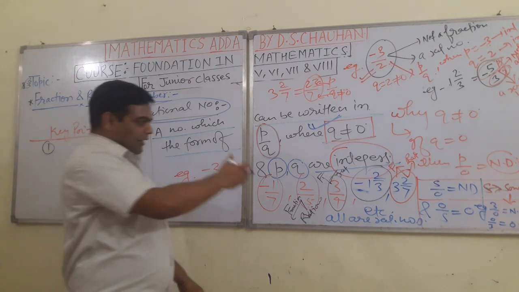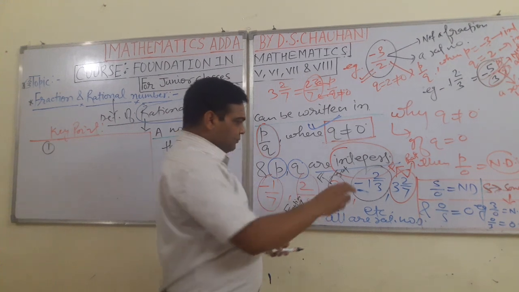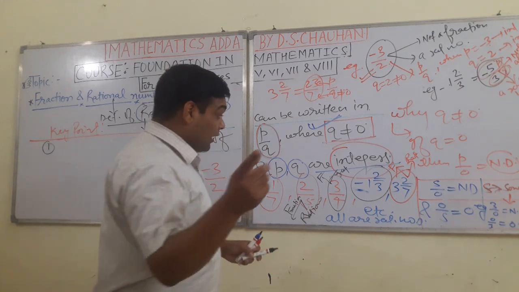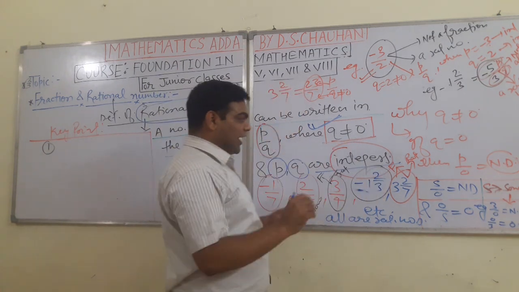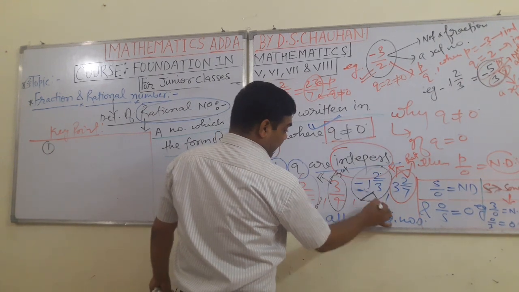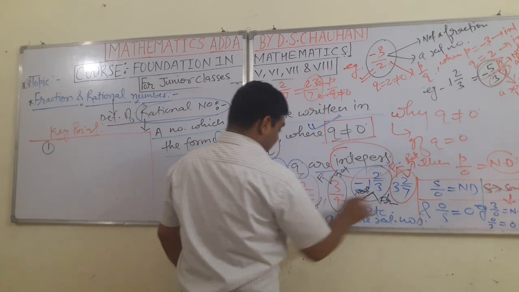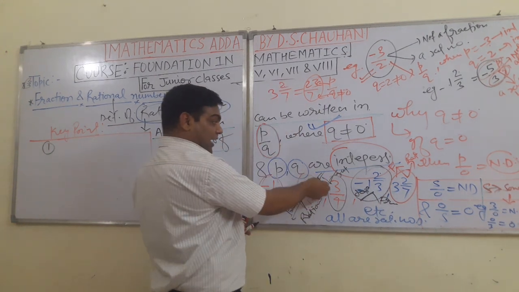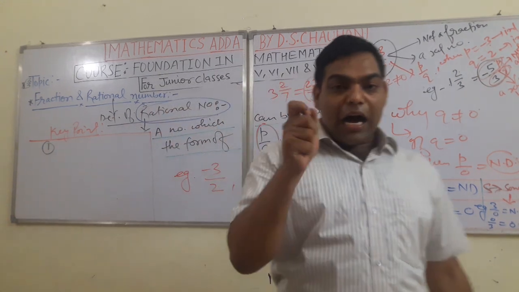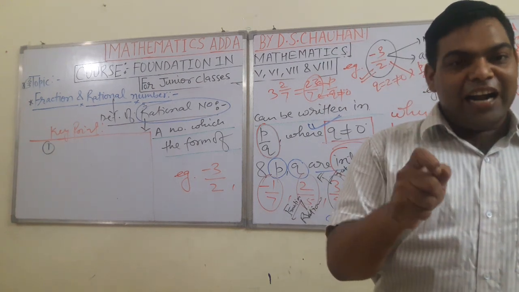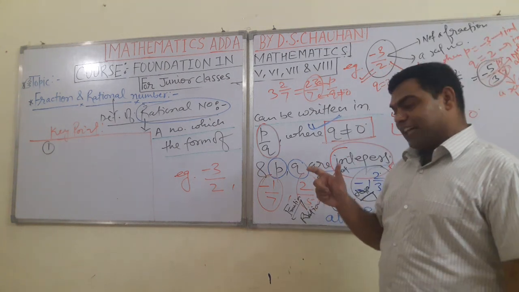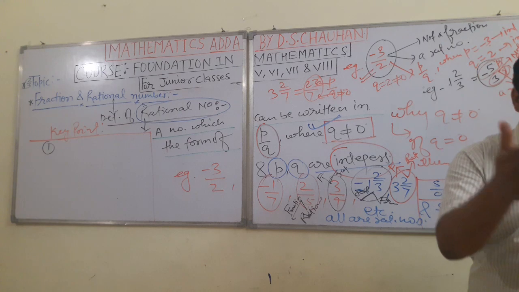Here you have seen in the example, students, that all fractions are rational, but all rational numbers are not fractions, as you have seen here. -1 whole 2 by 3 is a rational but not a fraction, but this is a fraction as well as rational. So what conclusion can come? Remember, all the fractions are always rational, while all rational numbers are not fractions.